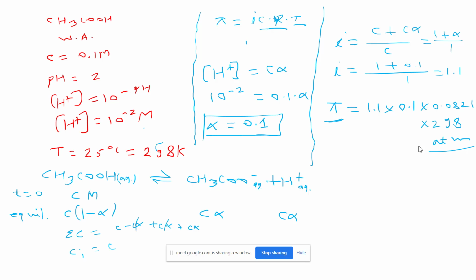Sir, I have one more doubt. Instead of taking the variables like C and C alpha, what I did was at T equal to 0, the initial concentration is 100. Exactly, you can take that. At equilibrium, since it was given 0.1 molar, I took I just after getting the alpha. In this way we have discussed before: just take 1 mole of this, 1 minus alpha, alpha, alpha, and 1 plus alpha is I.